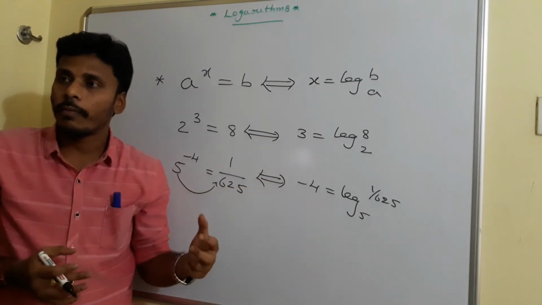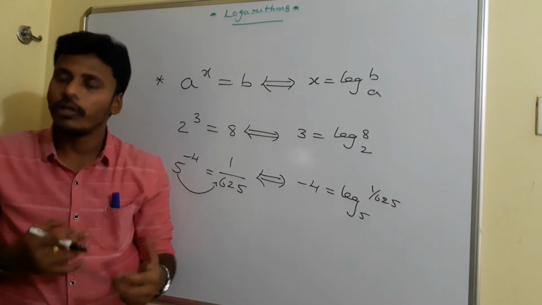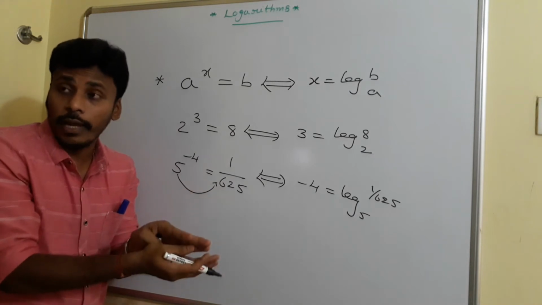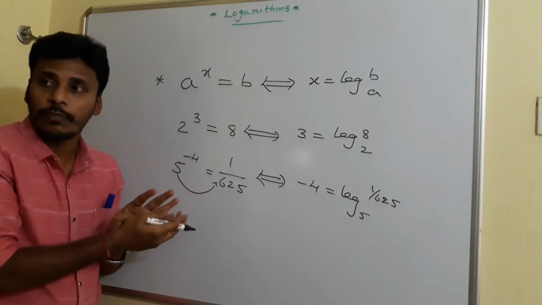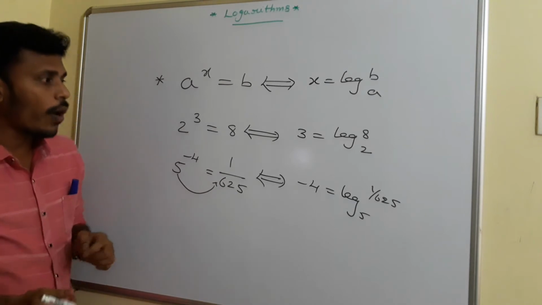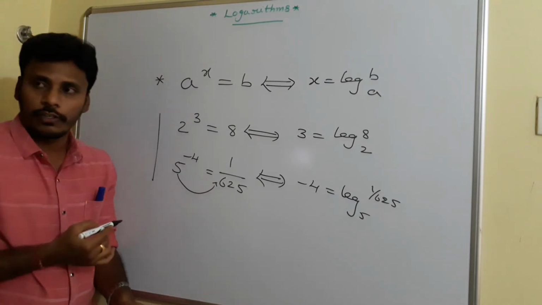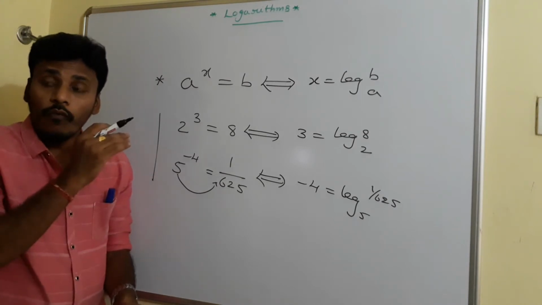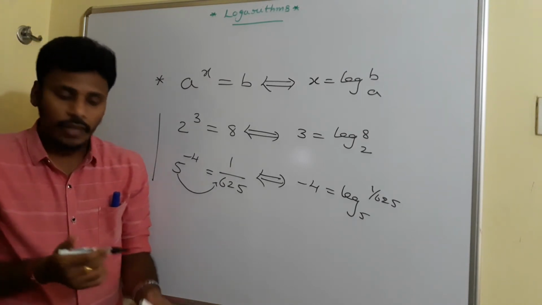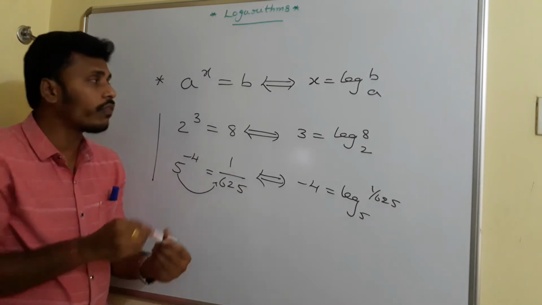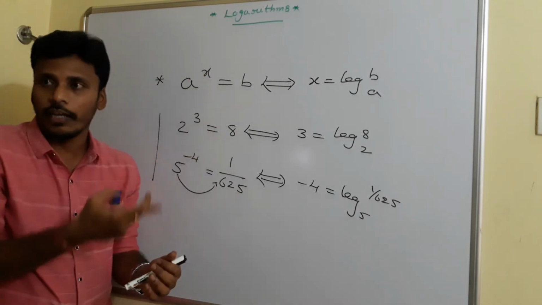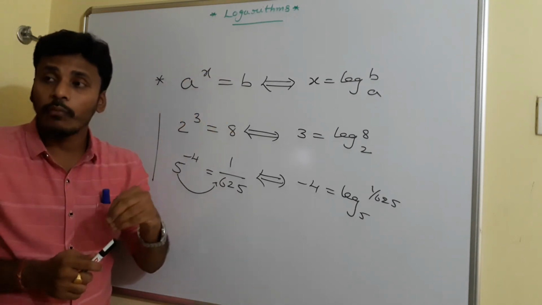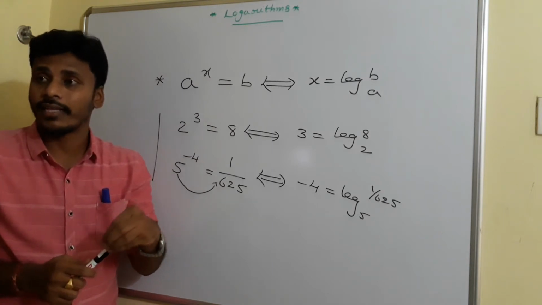As per the requirement of the problem, depending on the problem, sometimes we convert exponents to logarithms and sometimes we convert logarithms to exponents. Now, this is the way of conversion. First, you need to know how to convert. And second, when you need to convert. And are there any restrictions on these a, x and b during this conversion? There are certain restrictions on x and b, so I am going to tell you the restrictions about a, x and b.